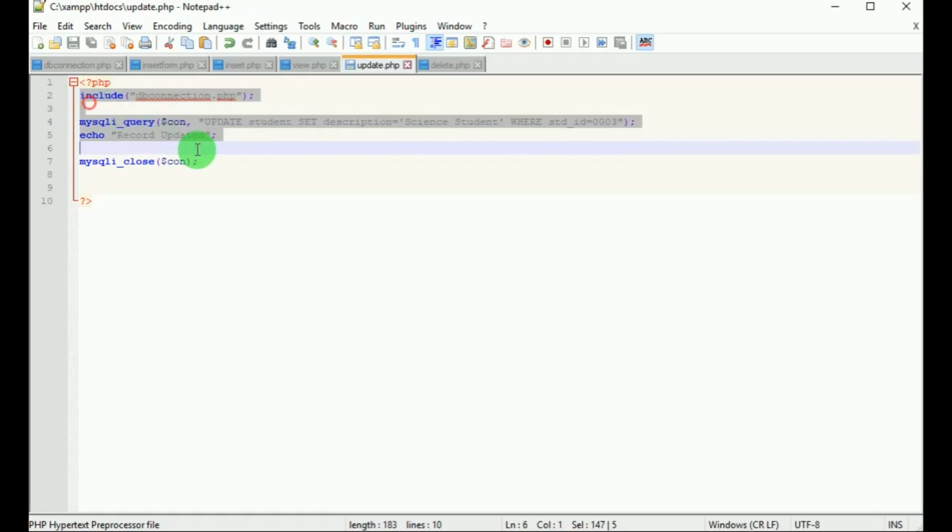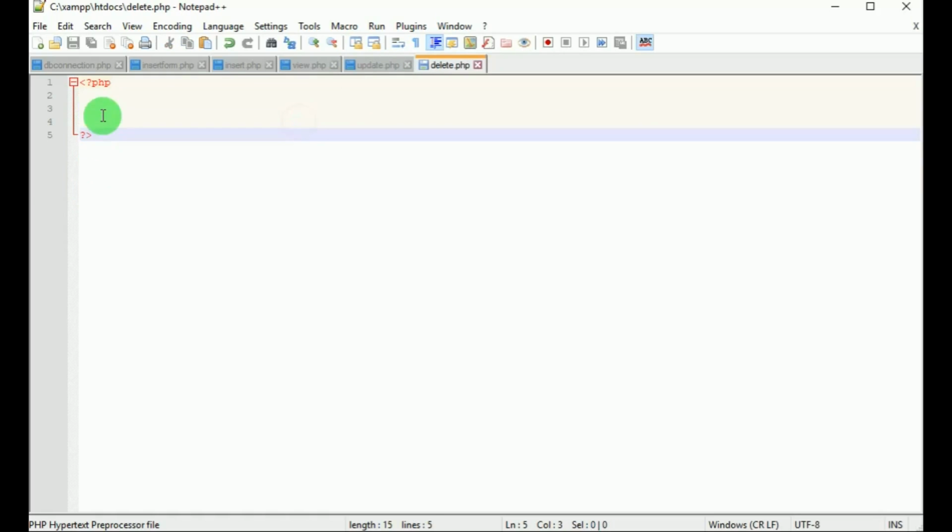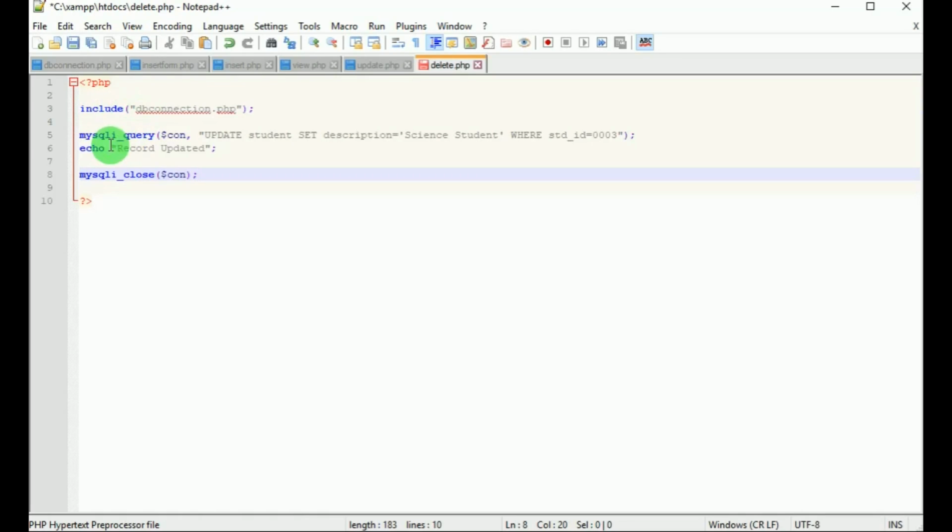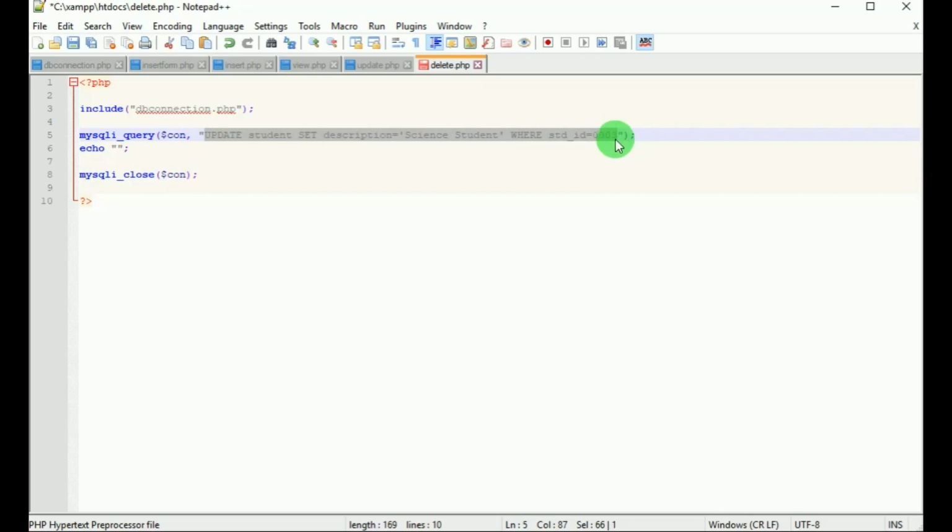Let's include the dbconnection.php. MySQLi query is used, this function is used to send the command or query to the connection. Con is the connection. To delete the records, here the delete statement is used.